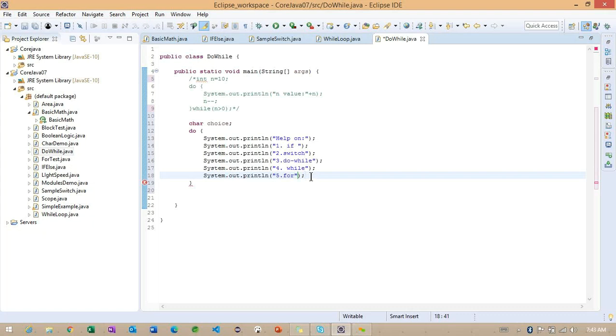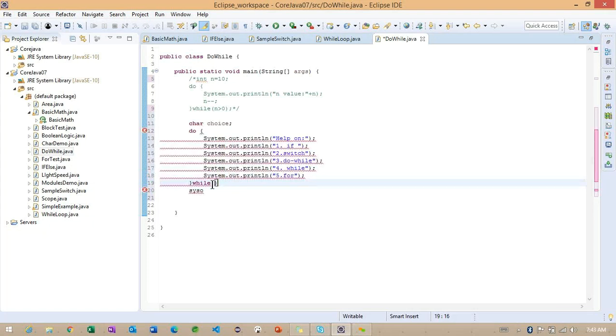Getting the point? And what we can do here, whenever we are making any conditions, after this particular, here I want to make a while, the while choice. So we define the above choice here.